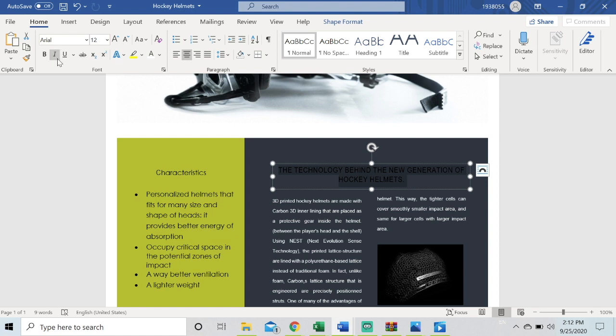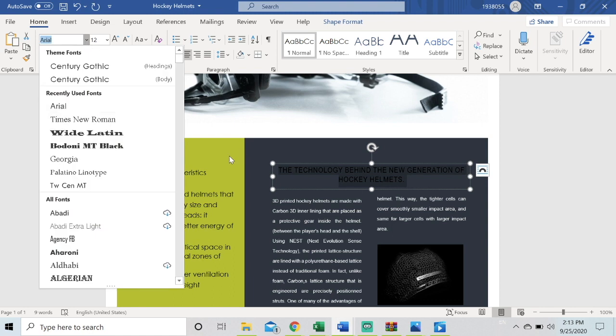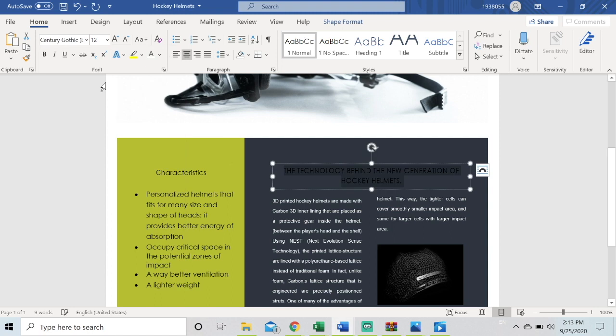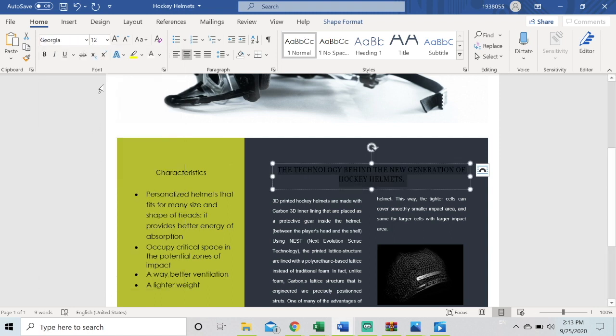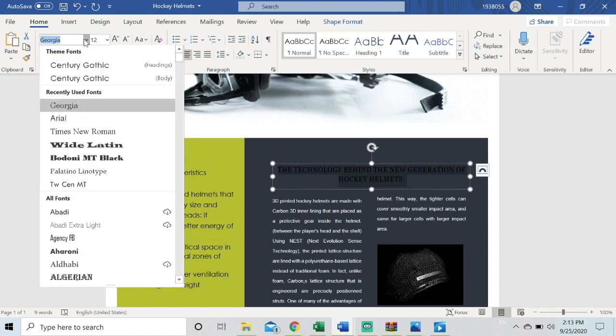So we can bold the text, italicize it, underline it, and even cross it out, all at the same time, or all individually, of course. Also, we can choose a new font. This one is Arial, but I can choose Century Gothic or even Georgia, and like you see,